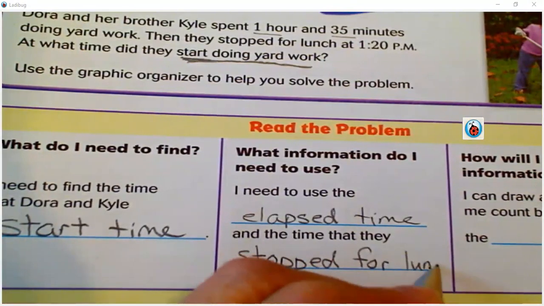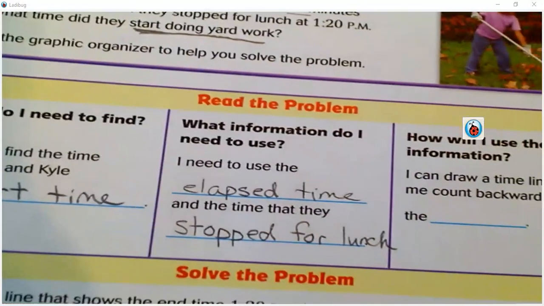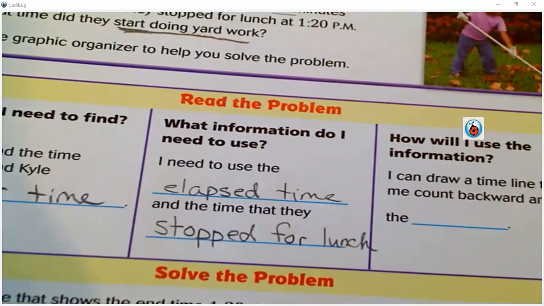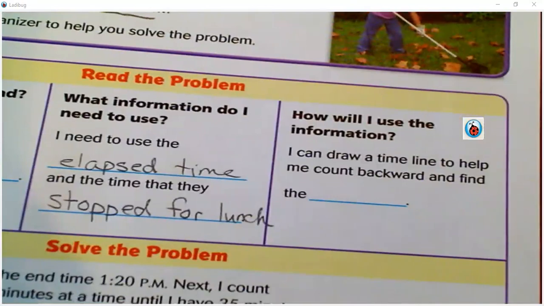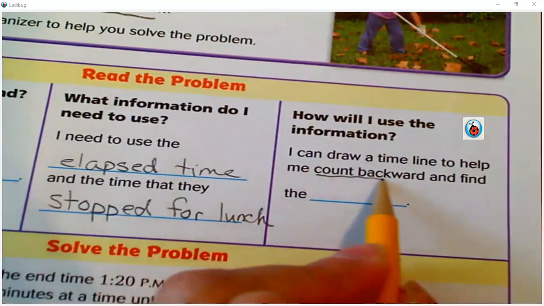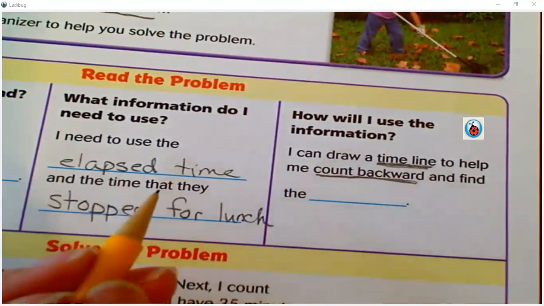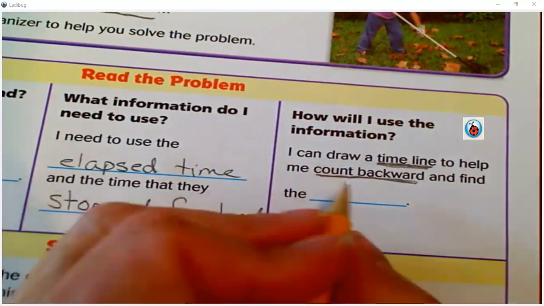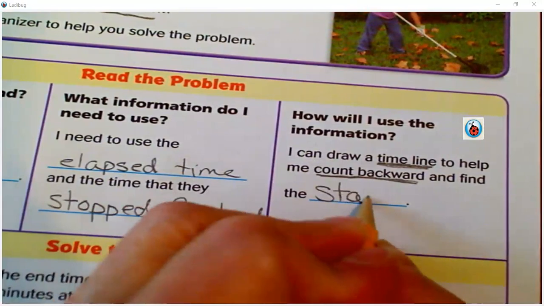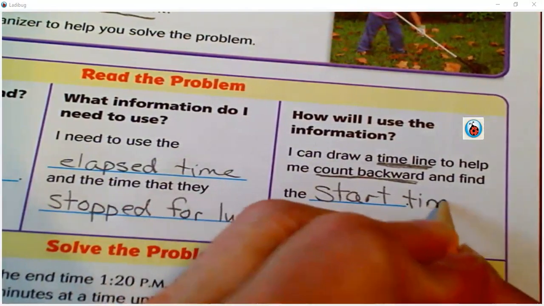So I'm going to draw this diagram out to help me figure it out, and then I'm going to use this strategy of counting backwards on my timeline to find out their start time when they went outside and started doing